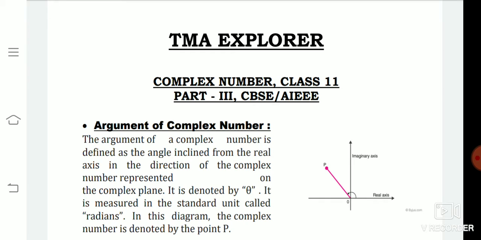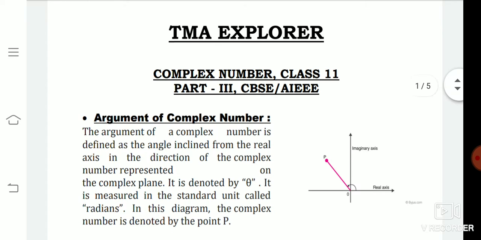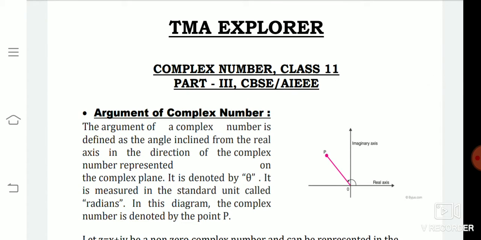This topic is very important in view of joint entrance, JEE Mains and other competitive exams. Basically from this part, modulus and argument of a complex number, at least one question is asked in the joint exam every year. If you see the previous question papers of joint entrance, you can see that in every successive year they have asked questions regarding complex numbers related to modulus and argument.